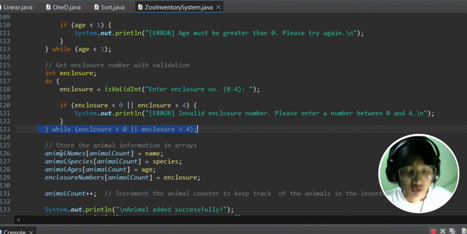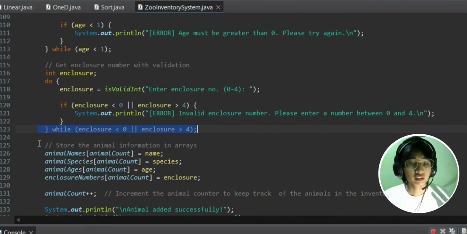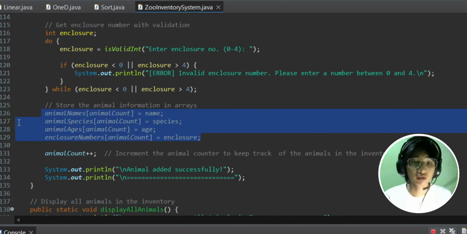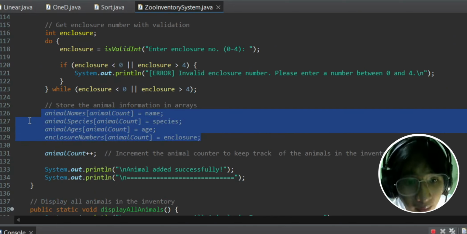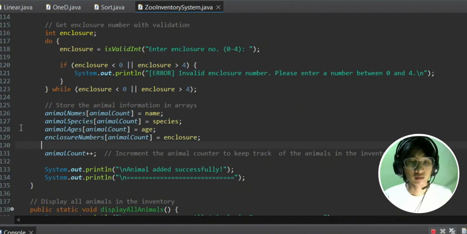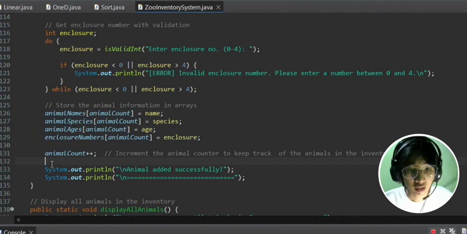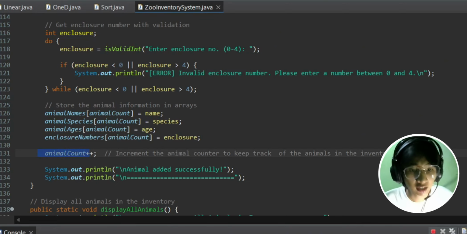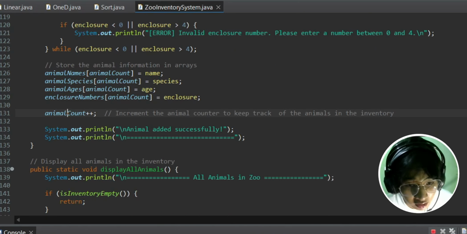If the enclosure number that the user entered is valid, it will store all the information that the user input in the system. And the animal count, which is currently one because I already added a lion here, it will increment. So instead of 0, it is going to be 1. And for the trim part here,